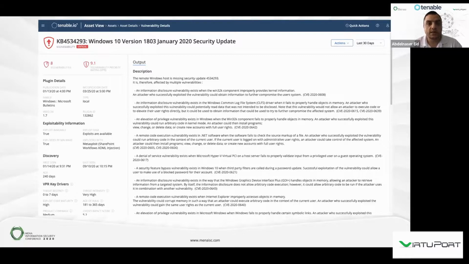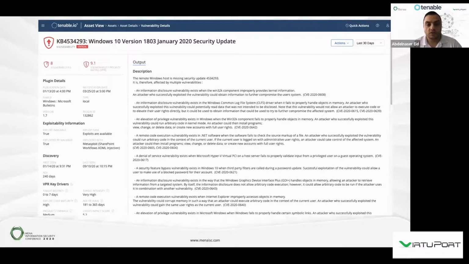These factors come from the CVSS scoring system, from the threat intel that we collect from the market, as well as some commercial feeds that we get from other vendors. We apply some machine learning and data science to those factors